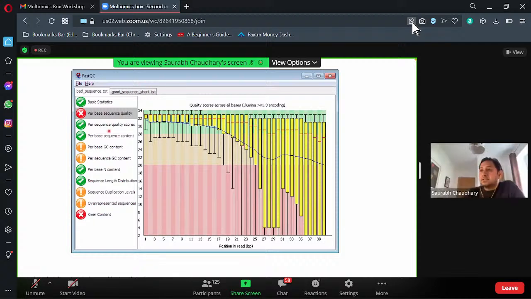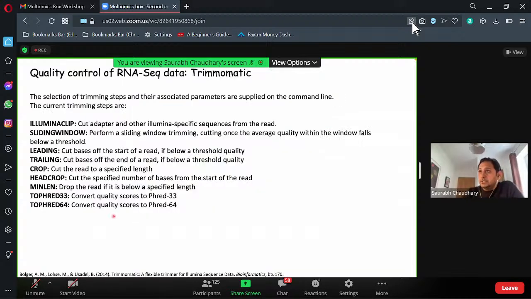So these are the possible parameters you can get from the FastQC file about your scores. Then we are going to do quality control, because once you get the raw data and FastQC files, you will get to know how good your data looks. Now, what you need is to trim the adapters which you used during the library preparation in your RNA-seq data,